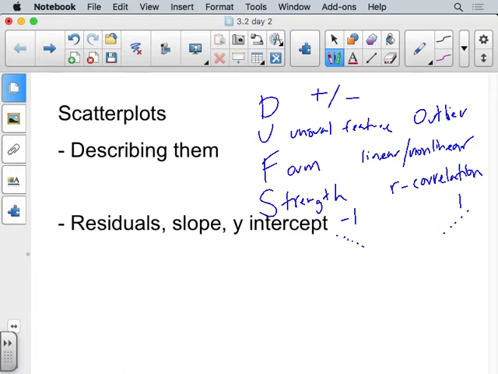And as you're approaching that, there are some limits to R. R is only giving you the value of how linear it is. It doesn't tell you how good your curved data is. It only tells you how linear, and it gives you direction. It's not affected by changing units, or there's some other stuff. I think that's good. Then the last time I saw y'all after the quiz, we talked about residual, slope and